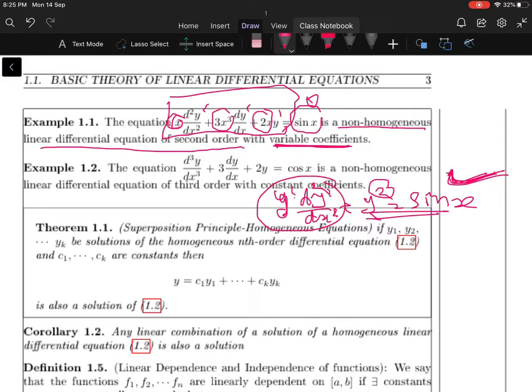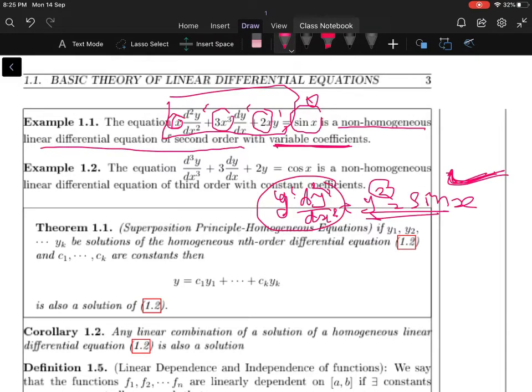But we don't see the solution for this equation right now. We will see only solutions of linear differential equations. Okay, fine. I hope you understood what is a linear equation and a non-linear equation. Let us move to the second example.